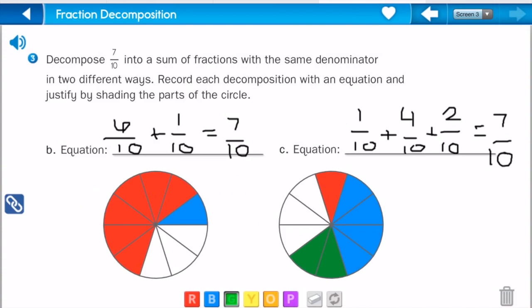Alrighty. So what we just did is we decomposed 7/10 into a sum of fractions with the same denominator in 3 different ways. So remember, when you're recording a decomposition, to always use the addition signs